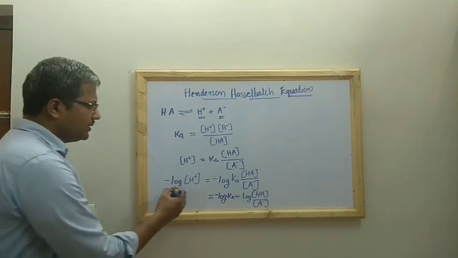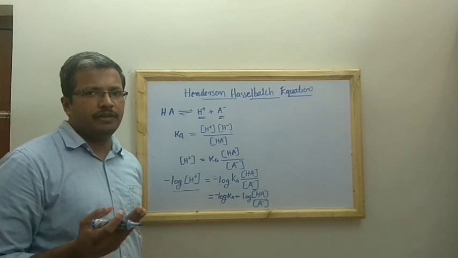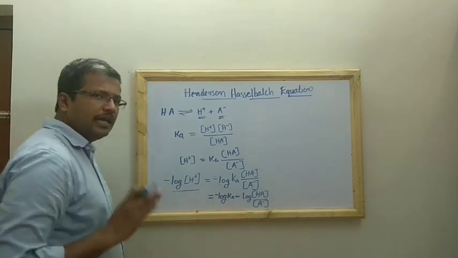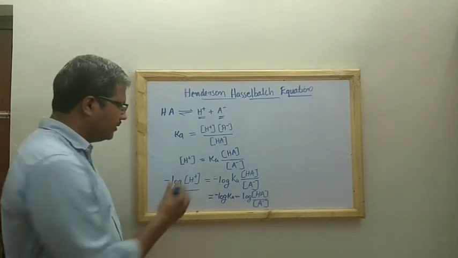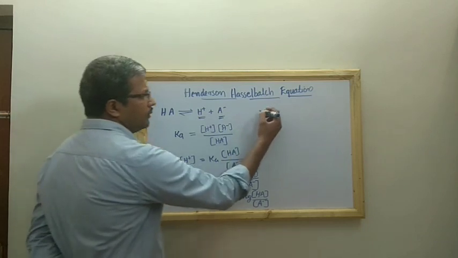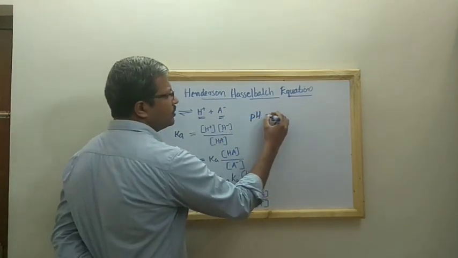Now we know that minus log H plus is actually pH and minus log Ka is actually pKa. So we can revise this equation as pH is equal to pKa